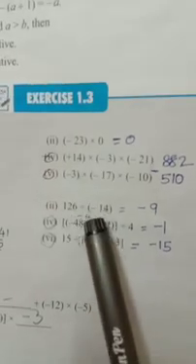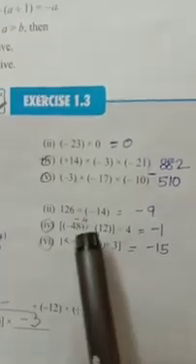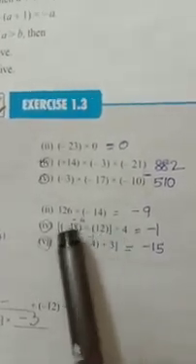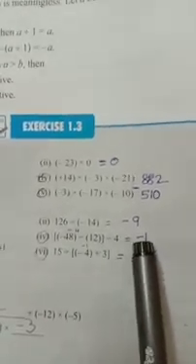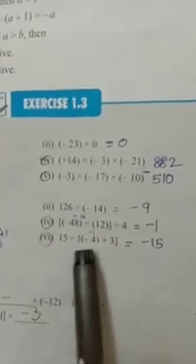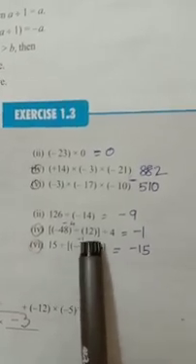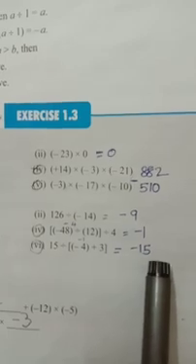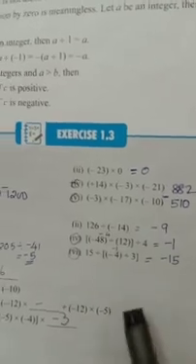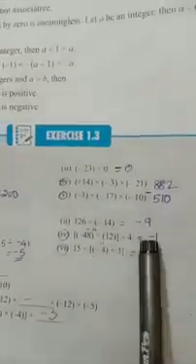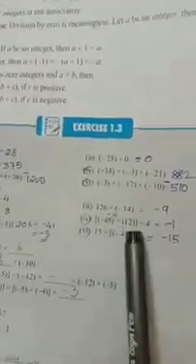Here also 126 divided by minus 14, divided 9, different sign negative. Here minus 48 divided by 12, 4. Different sign negative. Minus 4 divided by 4, minus 1. Minus 4 plus 3. Subtract, because different sign, subtract, minus 1. 15 divided by minus 1. Different sign, minus sign. Multiplication, division, you have to multiply the number, otherwise you have to divide the number. Only sign you check it. Sign how? Different sign negative answer, same sign positive answer.